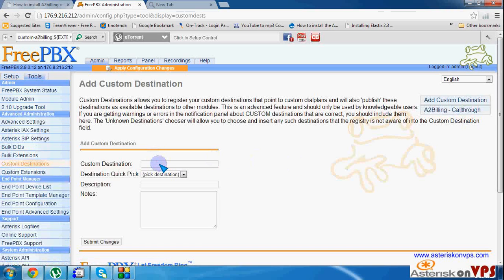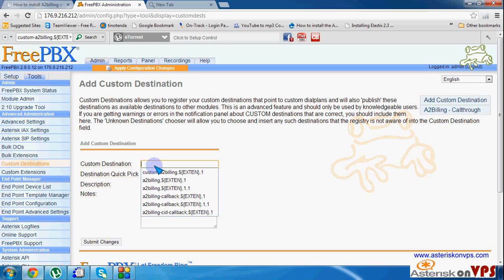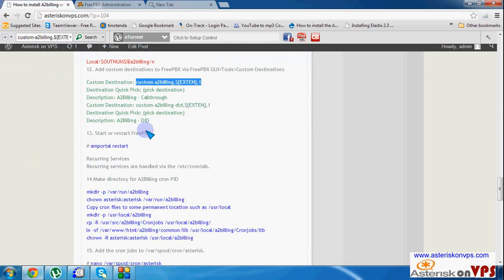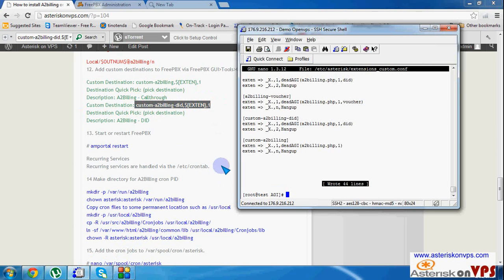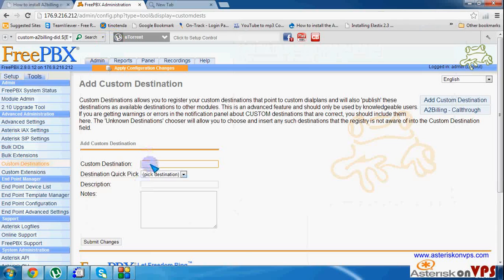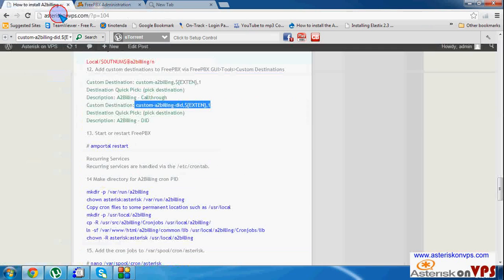Okay, now let's add another one before we apply our changes. We add the custom A2billing, custom A2billing DID. Okay, custom A2billing DID. Here we go to just write it as